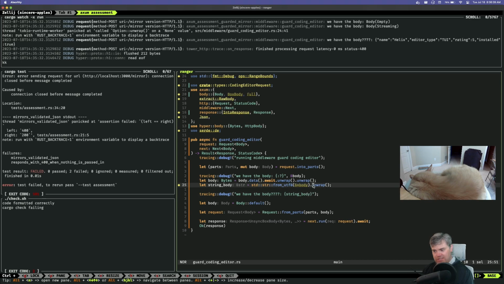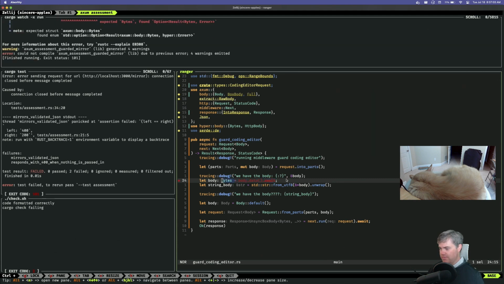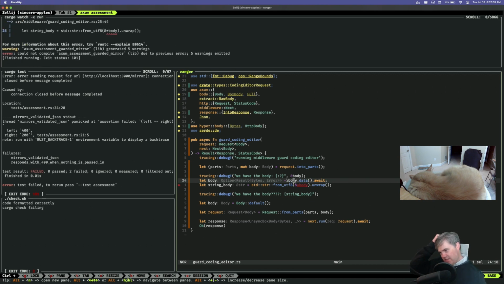I wonder if it's these unwraps. Well, because it's empty data. So I bet. I'm more than a little bit worried about that. So if I await, so what are you again? I only did that so I can see what type it was. Okay, so we have an option result. So if you have nothing,